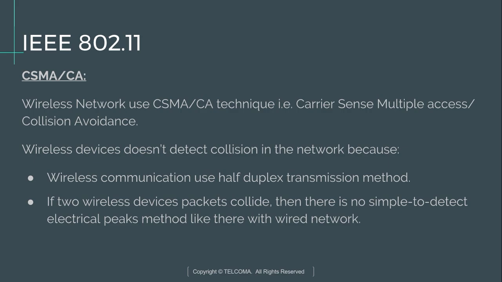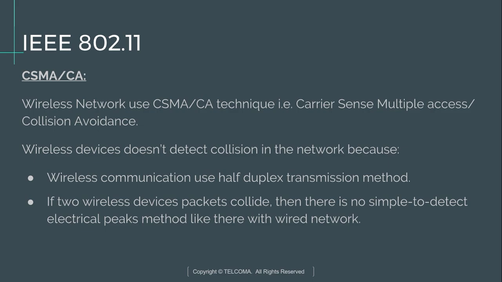Wireless devices cannot detect collisions in the network because wireless communication uses the half duplex transmission method, that is, the sender and the receiver don't talk simultaneously, or wireless devices cannot listen and send at the same time, so they can't detect collisions. If two wireless devices' packets collide, there is no signal to detect an electrical peak,